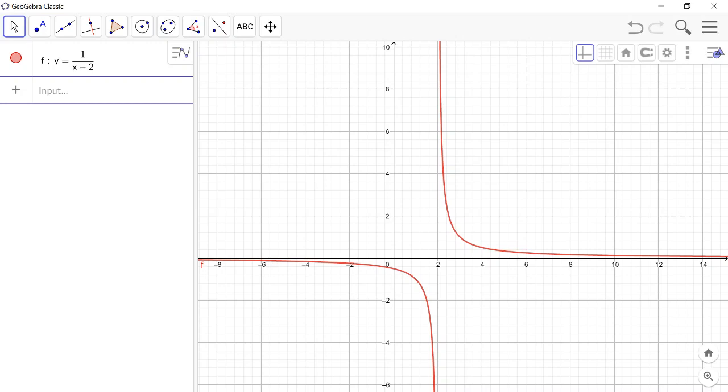You can see that you have the graph of the relational function, and if you see this clearly, it seems like the line x is equal to 2 is actually an asymptote. You can add that on your own, because GeoGebra does not give an automatic asymptote in this case. You can choose to add your own asymptote by drawing a line at this point, where the two graphs do not cross it. So that is how you can draw